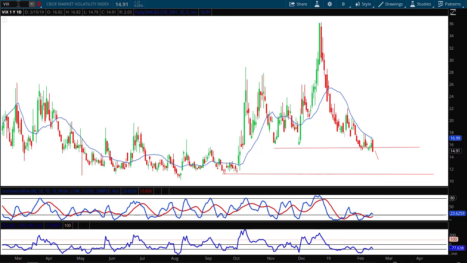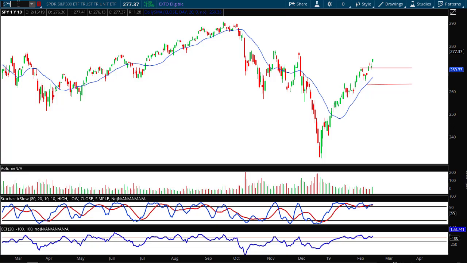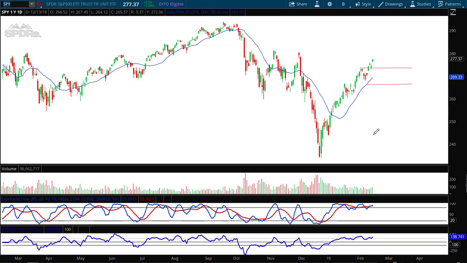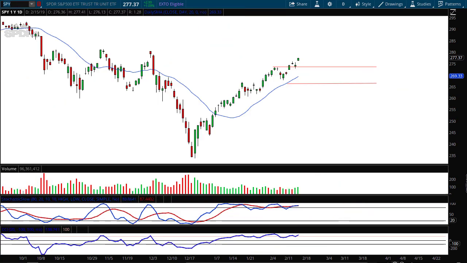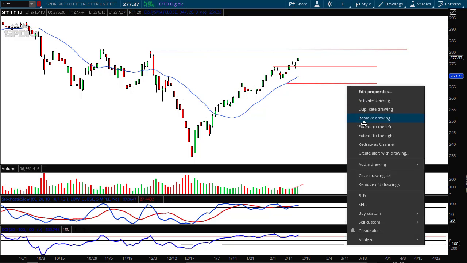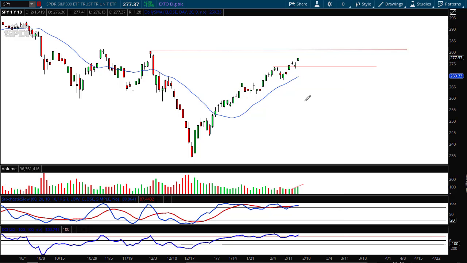Now, let's flip right to the S&P 500, which is the ETF known as the Spiders. We broke out of that trading range as well right here. Volume is increasing, so it's actually a short-term sign of strength. Next resistance for the S&P is up here from the highs back in December. So I'm going to erase this support level. We did not pull back to the 20-period moving average. Instead, we're moving higher. Resistance is right here.